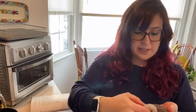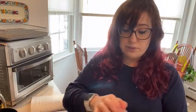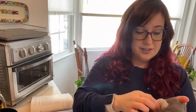I don't know if anybody else out there has an air fryer or has any air fryer recipes that they really, really love. I'd love to hear about it. Like I said, I've pretty much just been doing kale chips. I did sweet potato fries 2 or 3 times. I'm still working on it. I'm still trying to figure out exactly how to make them come out how I want. They're pretty good. They're not bad, but...